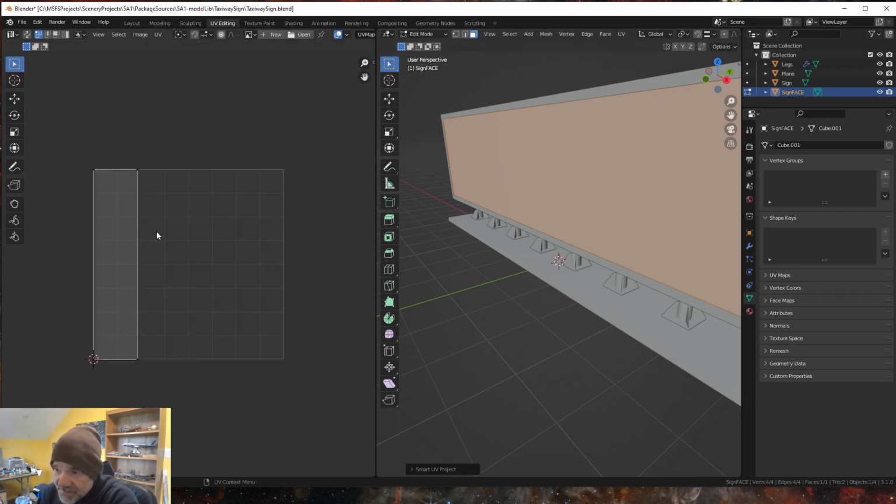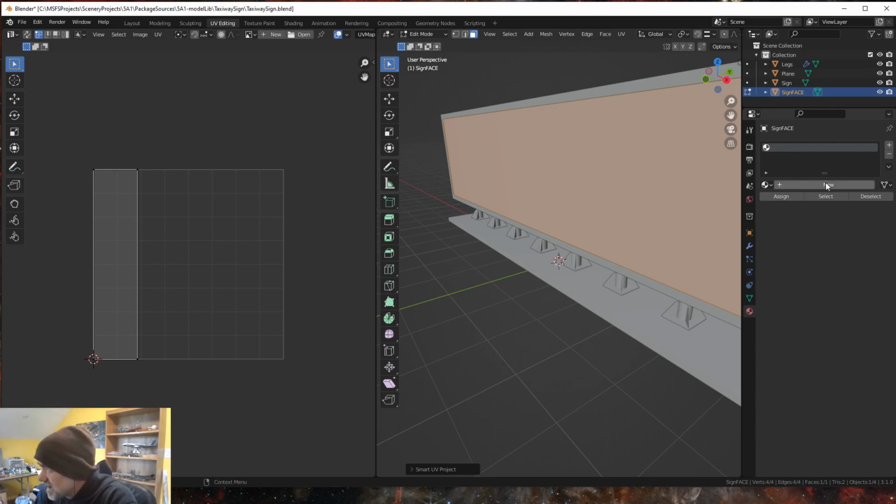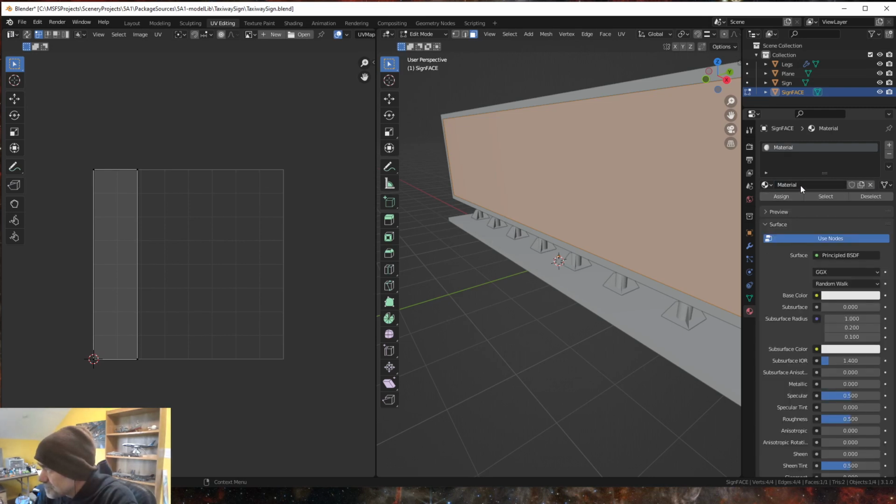Okay, and that brings in our face, but we don't know which way it's really oriented yet. So let's go to Materials, and let's add a new material. We're going to call this material, usually you would name them according to what the actual sign says. Okay, so we're going to call this Alpha Bravo